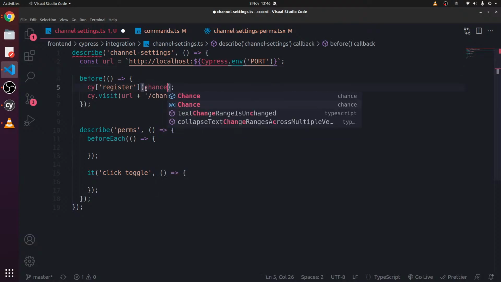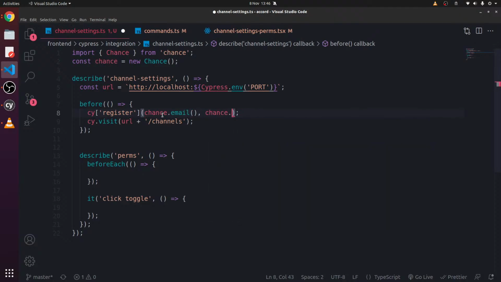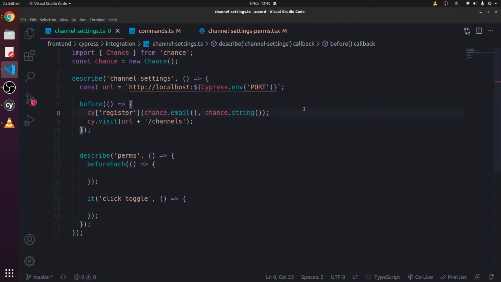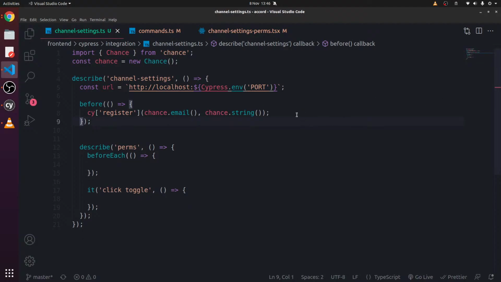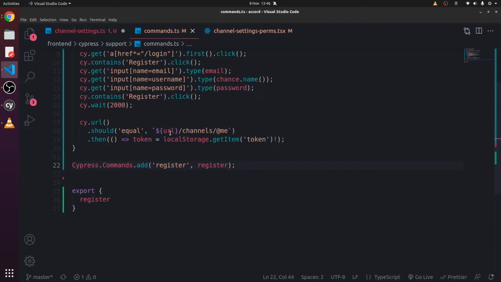which is Chance, import Chance, new Chance, chance.email, chance.password. So once we've registered, we want to click on our first guild. We want to create a guild actually, so